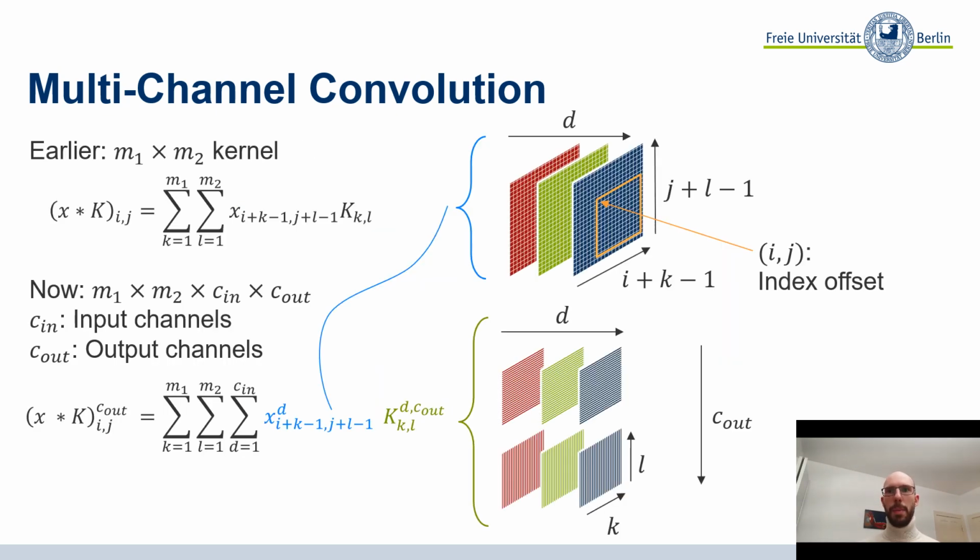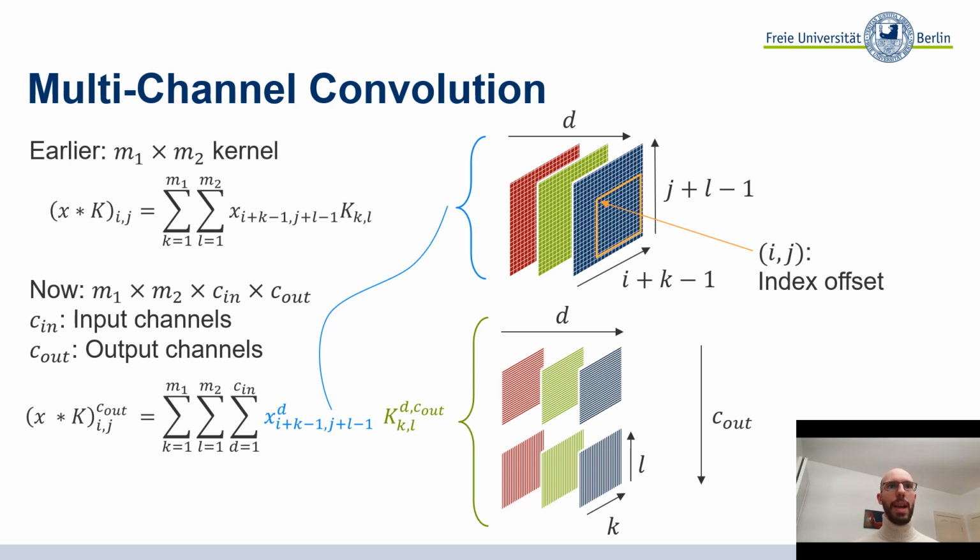So let's look at this from a more mathematical point of view. I think this is probably going to help you to better understand this. At least for me, it's actually easier to understand this than from the graphical point of view. So earlier in the convolution formula, remember that we had an M1 times M2 kernel, and our formula for the convolution looked like this. But now our convolution kernel not only has a dimension for each pixel dimension, but we also need to have an input channel dimension and an output channel dimension, which we're going to call C in and C out. So our convolution kernel is now M1 times M2 times C in times C out,